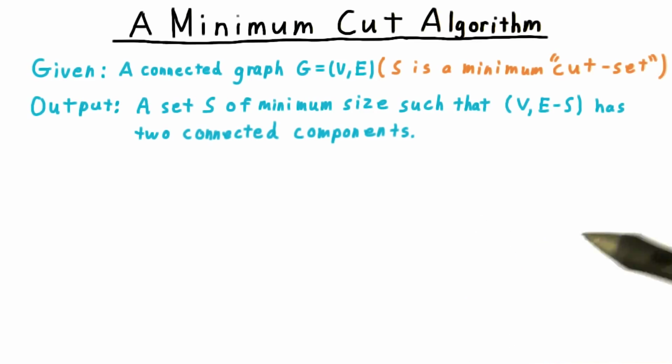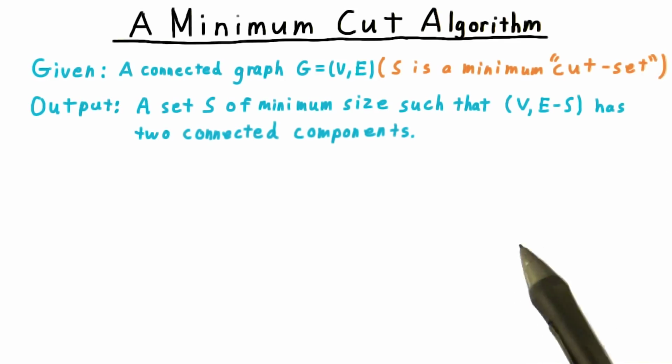Note that this is a different problem from the minimum ST cuts that we considered in the context of maximum flow. There are no two particular vertices that we're trying to separate here. Any two will do, and all the edges have equal weight here. We can use the minimum ST cut algorithm to help solve the problem, but I think you'll agree that this randomized algorithm is quite a bit simpler.